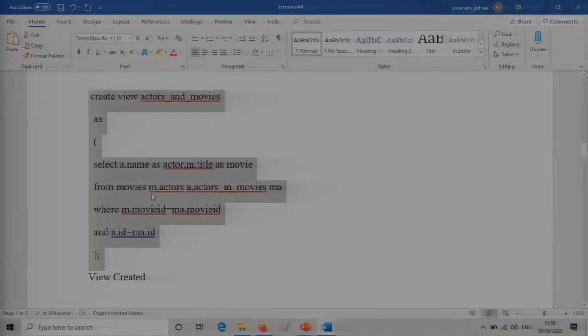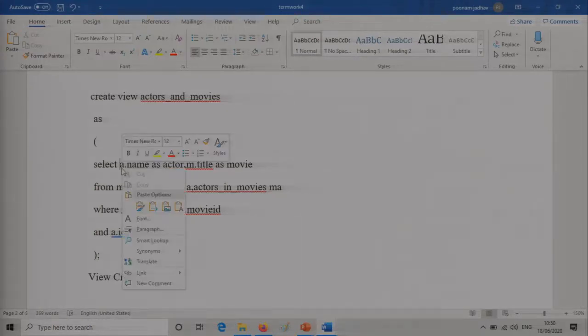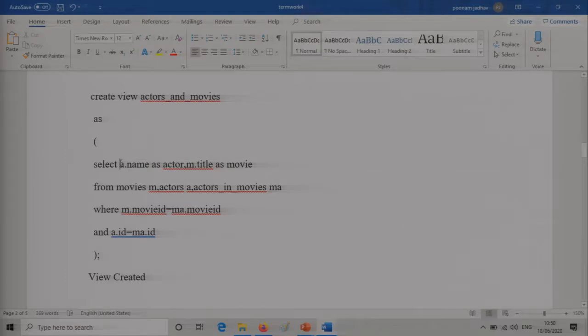So what query do I have to write? Select a.name. A is the alias chosen for the actors table, and M is the alias chosen for the movies table. So from the actors table, I just have to choose the name, but I have given it a new name, actor. And from the movies table I have to choose the title, but I have given it the name movies.